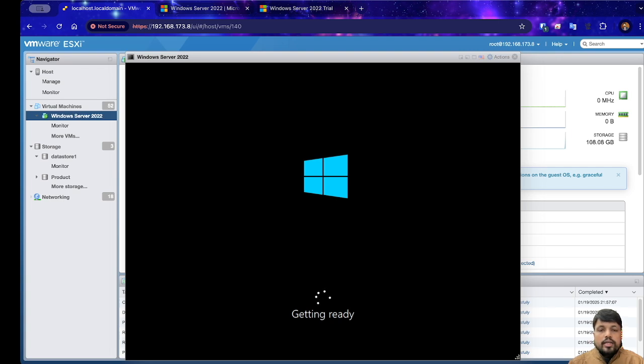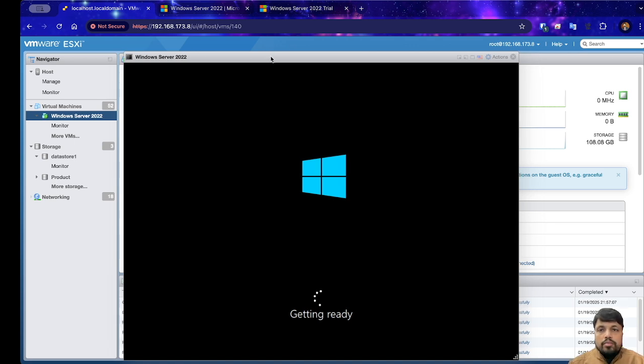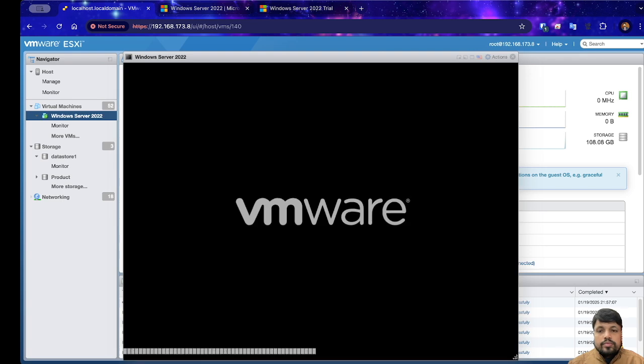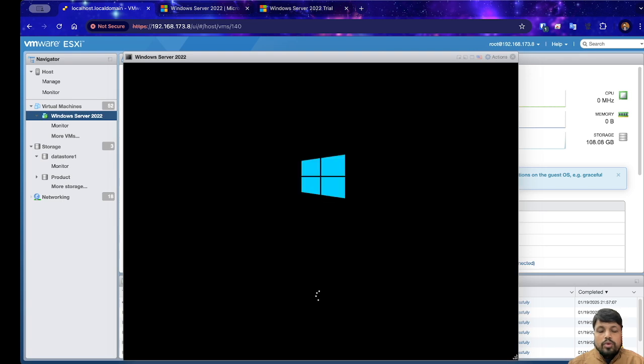So it is getting ready for the first-time view of this Windows Server. One more reboot is required. After the reboot, it will take you to